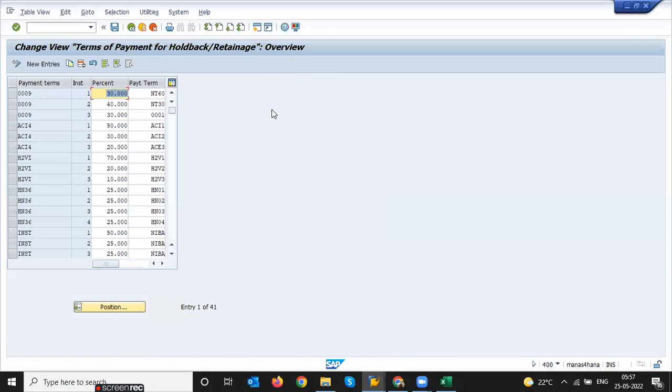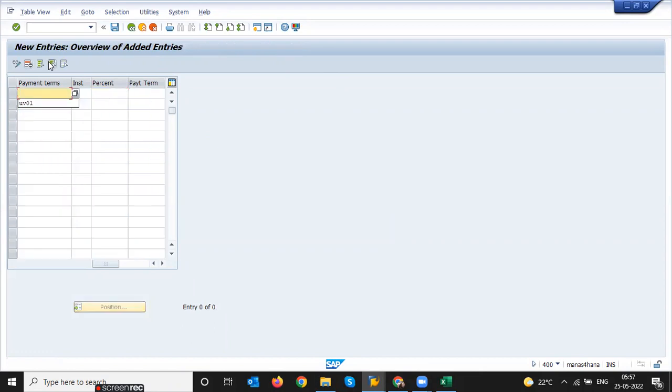Here, we have to go for new entries. Here we should mention BP02, installment 1, 33%, and other payment terms means immediately. After that for maturity, when you want to make a time or something, you can, but you can mention 0001. Same way, BP02 second installment, 33%, 0001, and BP02 3,